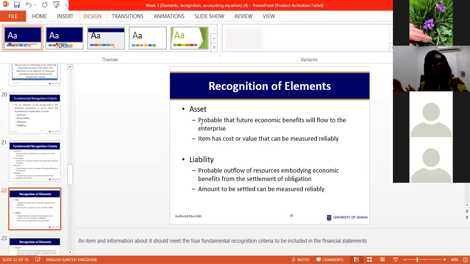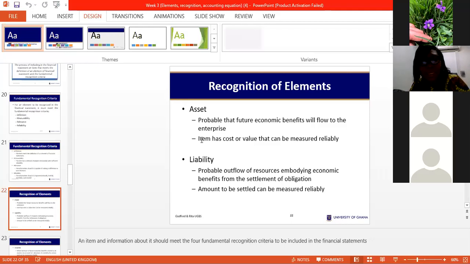If you go back to all the things we described when we were talking about asset, you ask yourself, is there a probable future economic benefit with respect to human resource? That should be your defining criteria to record it in the books. Then the second one, the item can be valued. You can assign a figure in monetary terms to it reliably, and that makes it an asset. Then you classify that item as an asset.